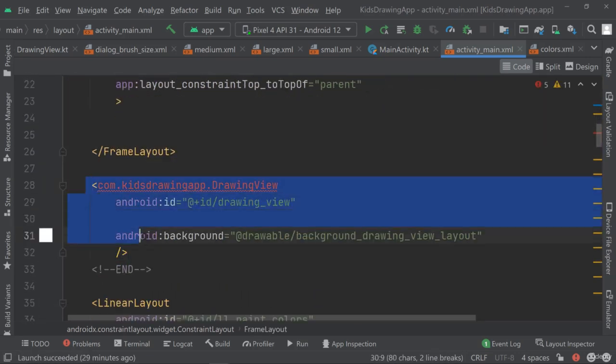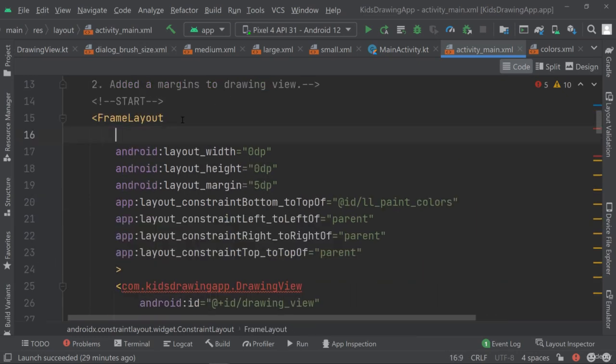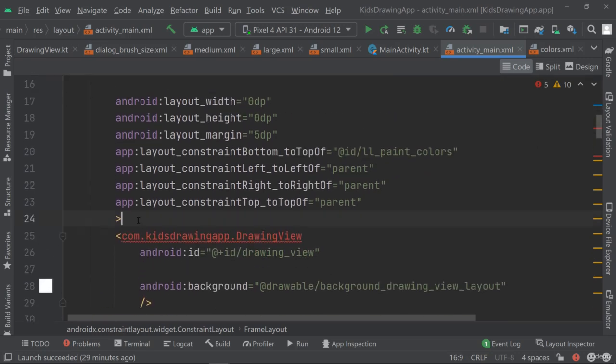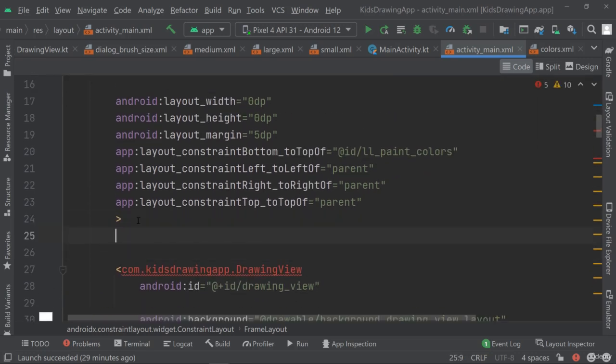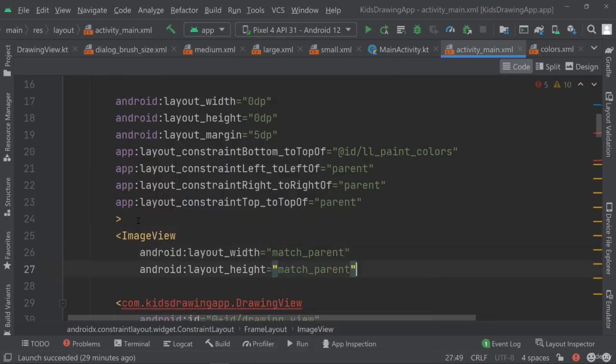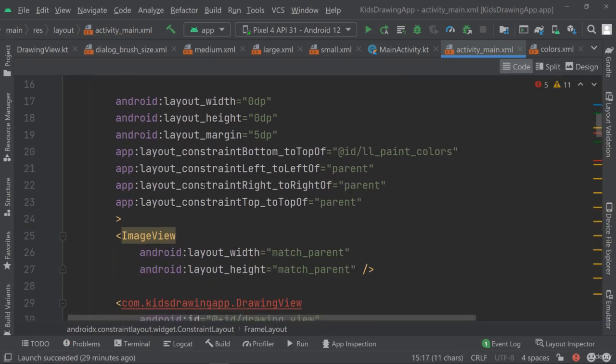Accordingly, of course, we can now put our drawing view in there. Let's look at this a little more. So our frame layout will have multiple layers. One of the layers will be the drawing view, and then I will have another layer in here, which will be an image view. Okay, so let's create that image view. It will match the parent in both directions. As this image view is inside of a frame layout, I don't need to add all of this constraint stuff,